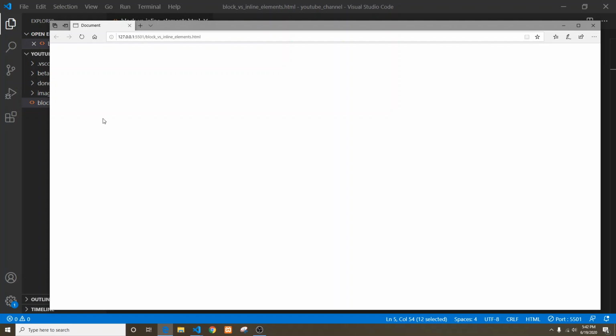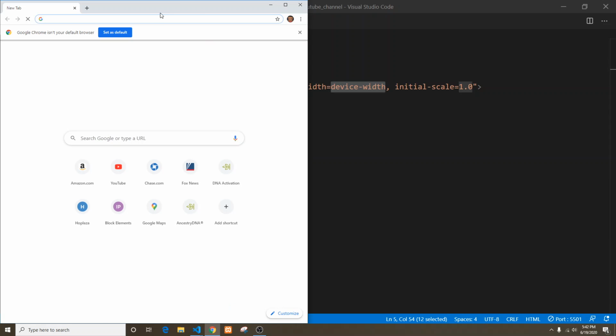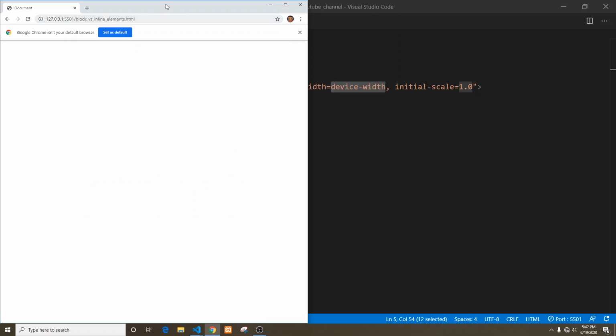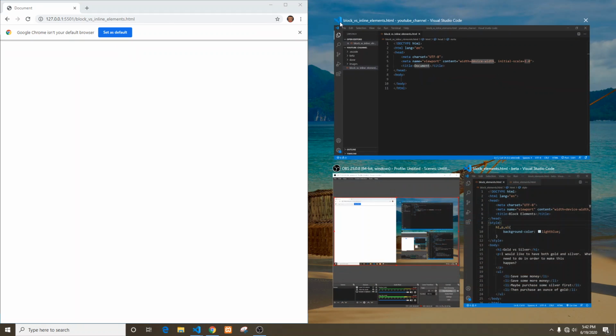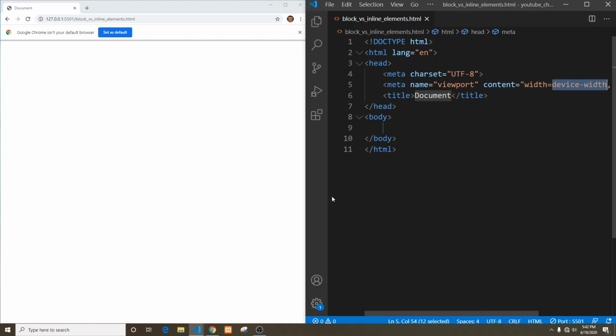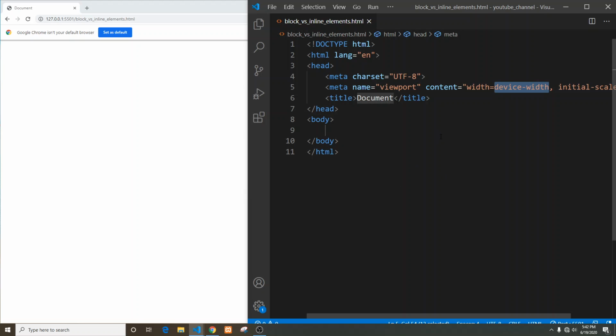All right, and it looks like I did not set up a default browser here. So let me just copy this. I don't want to use Internet Explorer. I am going to use Chrome. So what I did is I just took the URL and pasted it in there. And I'm going to slide that to the left, slide that to the right. And here we go. Now we have our browser open to the left and our working area within Visual Studio